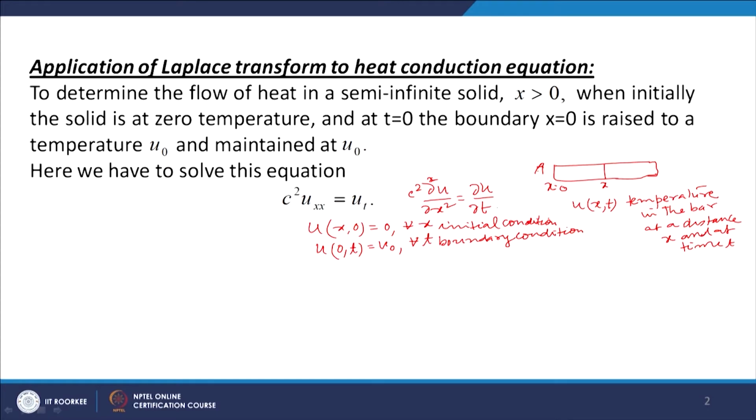Now, in order to solve this differential equation, what we do is we multiply by e to the power minus s t on both the sides of this equation and integrate over the interval 0 to infinity. So, what we have c square integral 0 to infinity e to the power minus s t equal to this. Okay. Now, since we are integrating with respect to t, x and t are independent variables, so I can also write it as